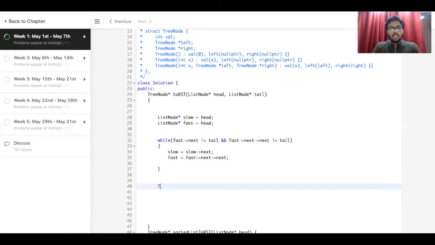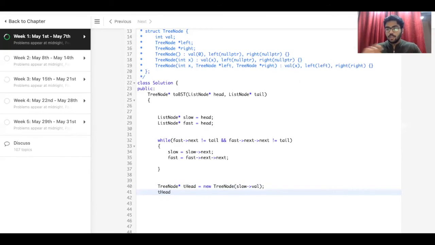Then we create a tree node star, let's name it t head, which is basically the root of the tree. For that we make a new tree node with slow val. Now I'll recursively call the left subtree and the right subtree as I told you. So t head left is equal to to_bst, head till the point slow.